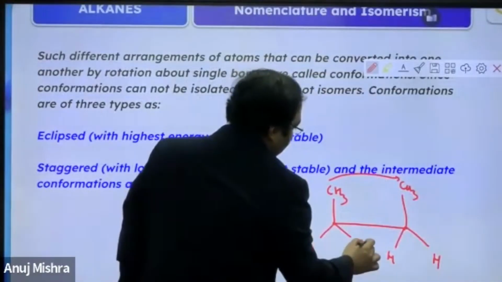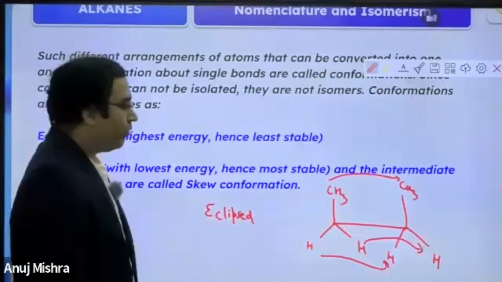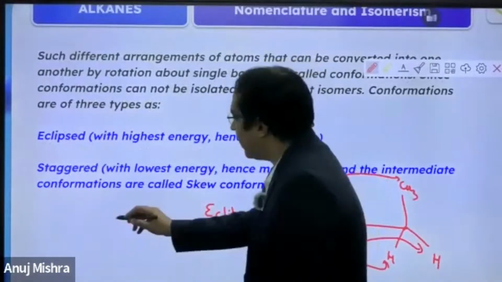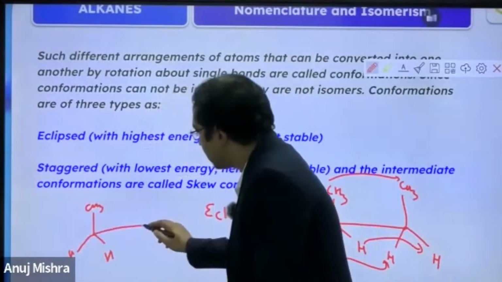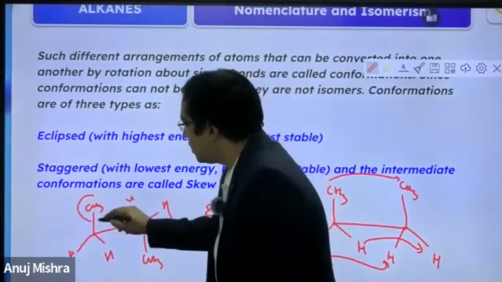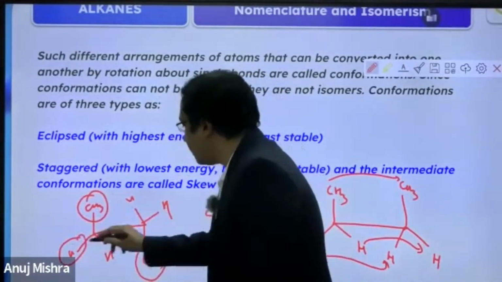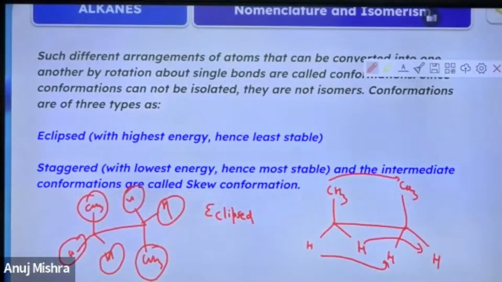CH3 behind CH3, H behind H, H behind H. What is staggered structure? Staggered is if you draw like CH3 opposite to CH3, H opposite to H, and H opposite to H. This is called staggered. If you see from one of the sides, you'll find this structure in the Newman projection